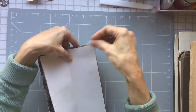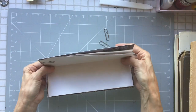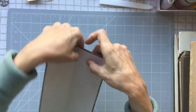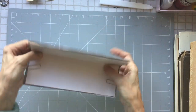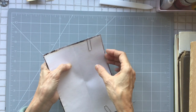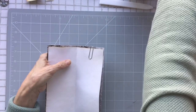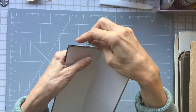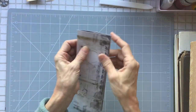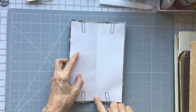So the way I do that is to line it all up, paper clip it, oops, sorry, got that iPad a bit close to my head today, so hopefully you can see this all right. Okay, so the next thing I'm going to do is go to my sewing machine and just run a row